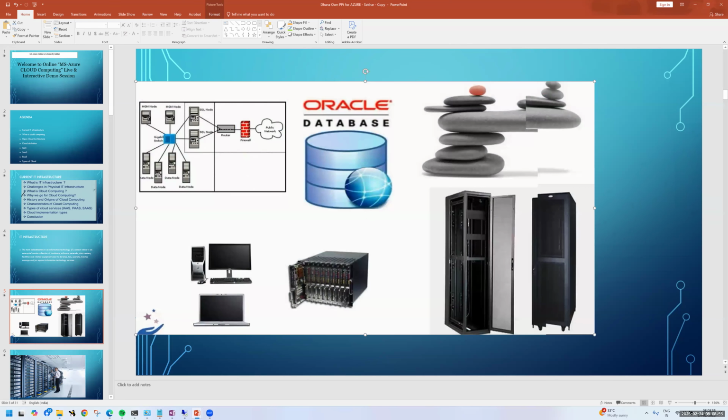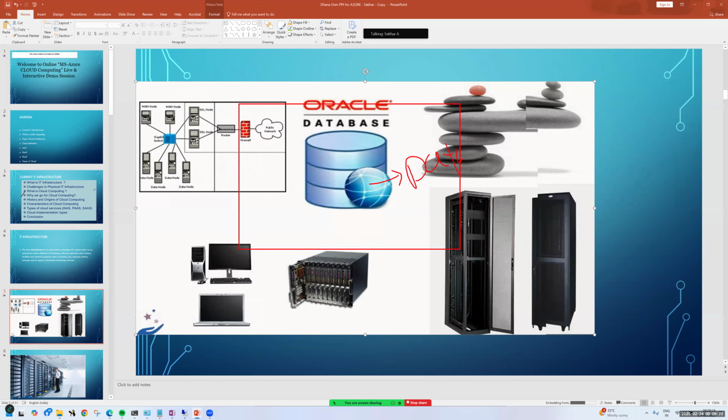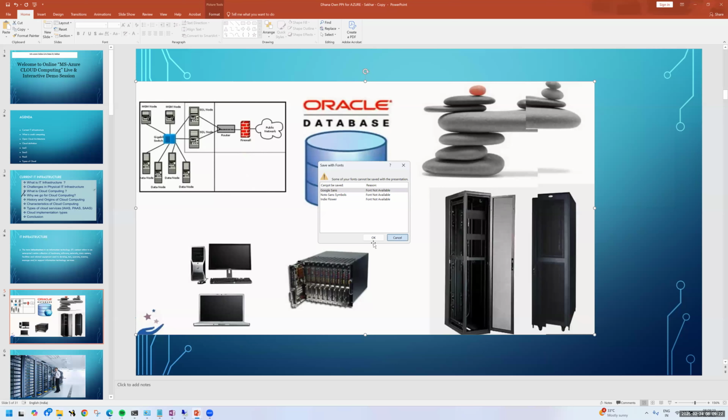If you observe, this is the exact picture of IT infrastructure. For example, here we have devices all communicating to one switch. These are proxy servers, routers, firewalls, switches, the load balancer, and this is the database, hardware devices, server rack. To maintain our own IT infrastructure, what do you require, guys? A data center. If we go to TCS, Wipro, Cognizant, any company in the world, they have their own data centers.